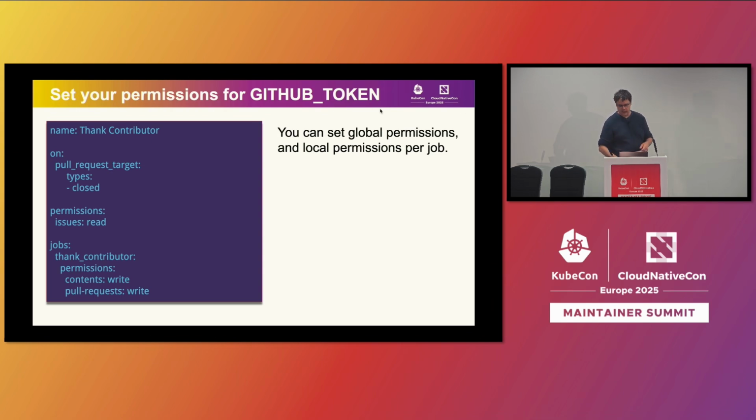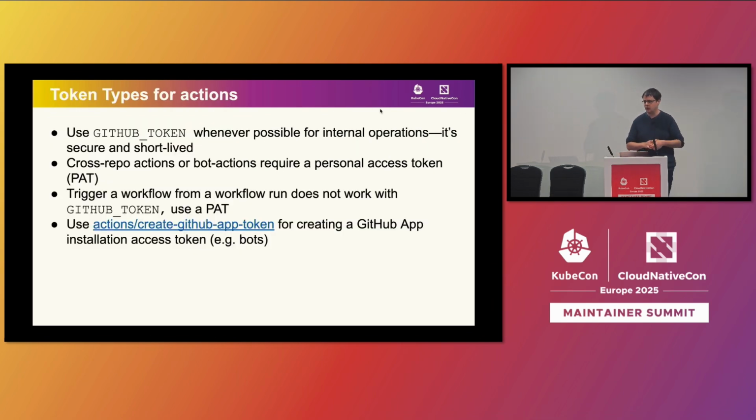And if this does not work, you can use a personal access token, for example if you have maybe a bot account on GitHub, and you can distribute this across your projects. And then, of course, you have to right-size that token. But then you have to also figure out when to use which token, which is something I still have questions on myself.